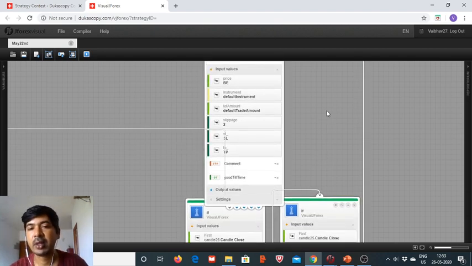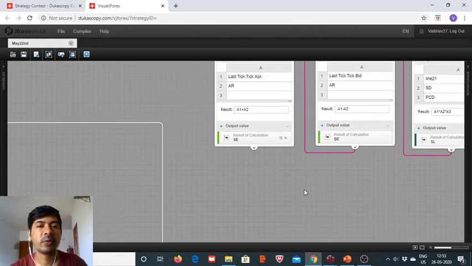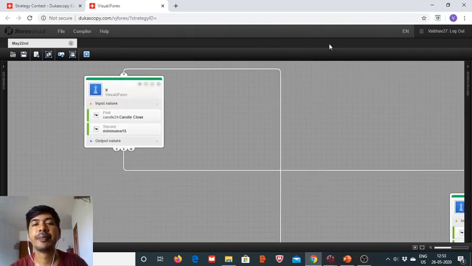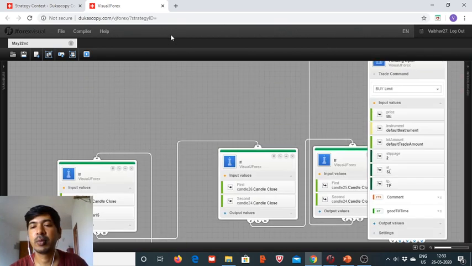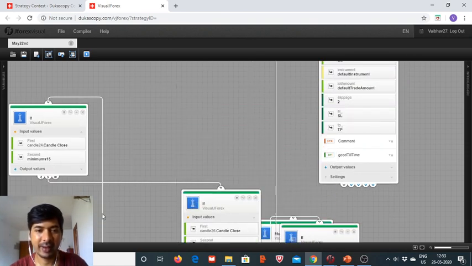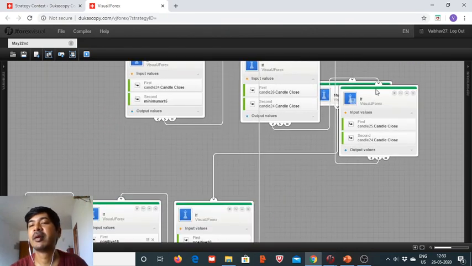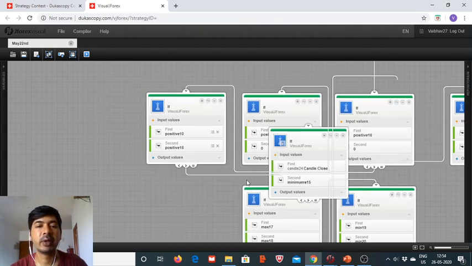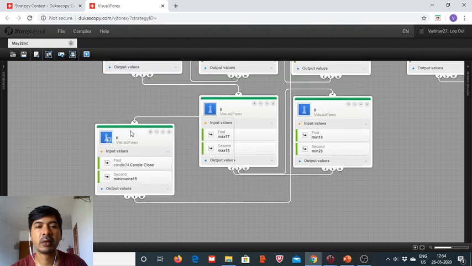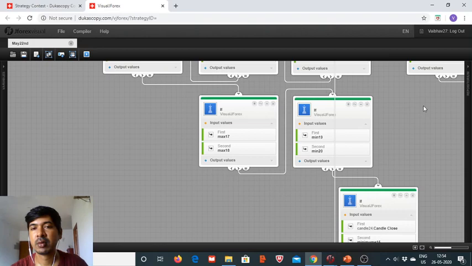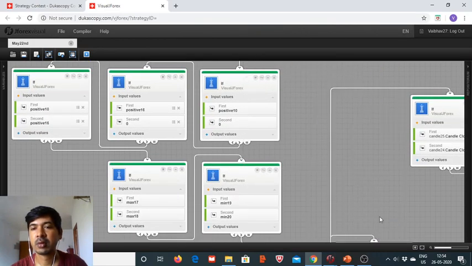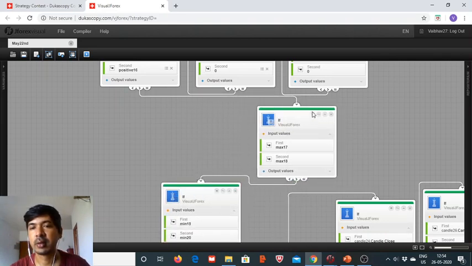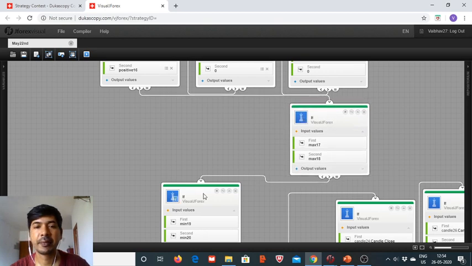Now is the time to define the order validity, for which we will need to do the fresh calculations. So we bring in the calculation expression block. Before that, let us get it aesthetically right. We will place the blocks where they belong. We should have done this like this. Okay, and here comes